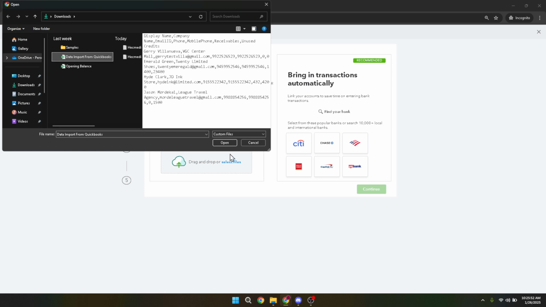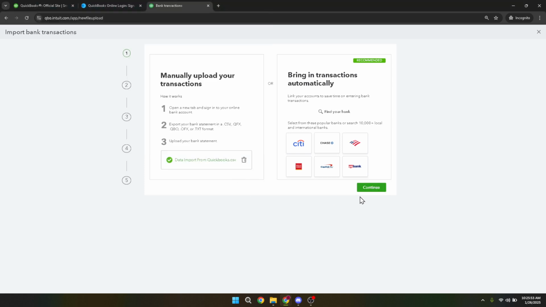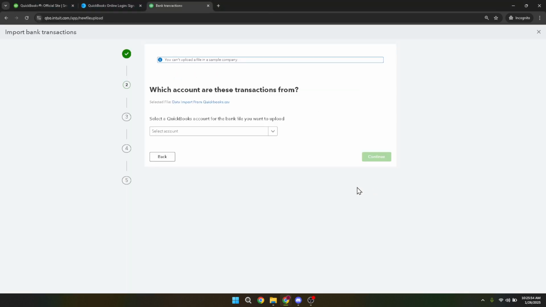Once the file is uploaded, go ahead and click Continue. This will prompt QuickBooks to read the file and prepare it for import. From there, you'll have the chance to review the transactions that will be imported. Select the transactions you need, ensuring accuracy before moving forward. After reviewing, you can select Continue, and QuickBooks will lead you through any remaining steps until the process is complete.